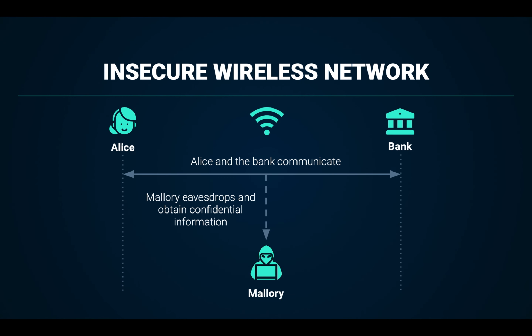The second threat is insecure wireless networks. Public Wi-Fi networks are not secure from privacy risks. When users connect their devices to a public Wi-Fi network to conduct mobile banking transactions, their personal information is highly exposed over the network. Hence, attackers who are using the same network can eavesdrop on the communication channel and steal the confidential information of users.